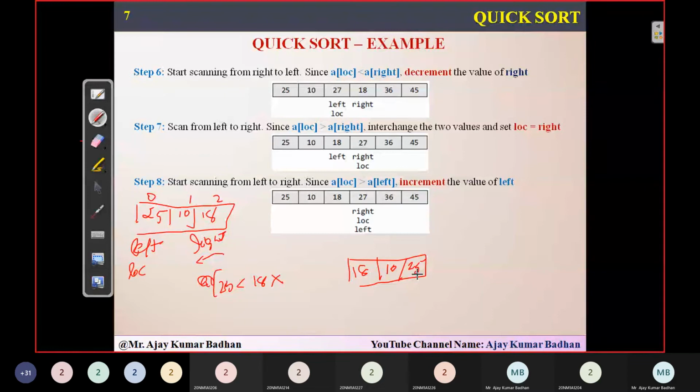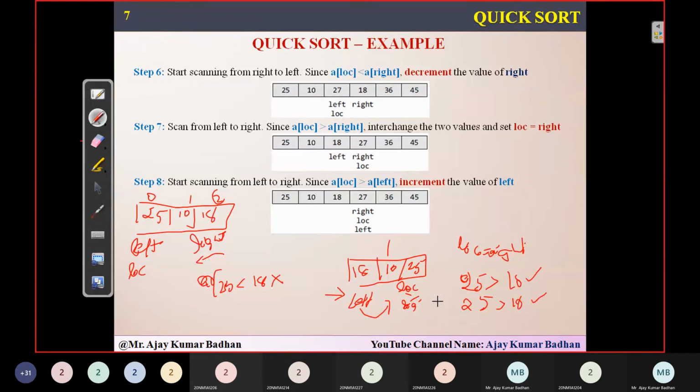So I will check the condition whether the element present on the left-hand side of 25 should be less than it. So I'll check whether 25 is greater than 18. Yes, the condition is satisfied. Now after that again I'll check. So what I'm going to do, increment left. Left will be pointing to location 1. So whether 25 is greater than 10. This time also the condition is true, meaning you got the location for 25. So what is the location?